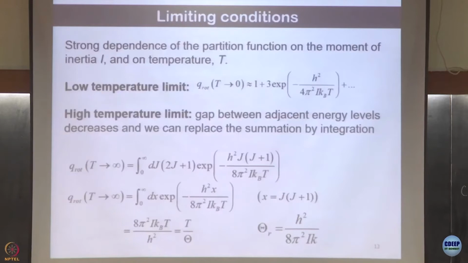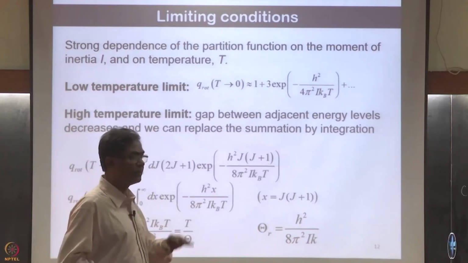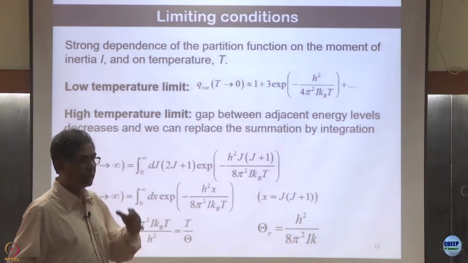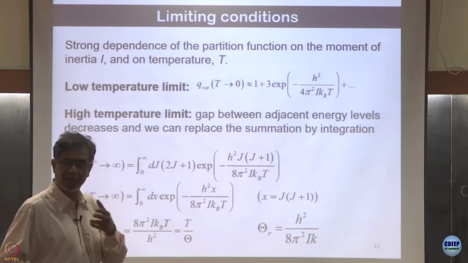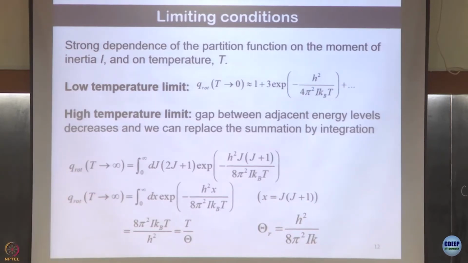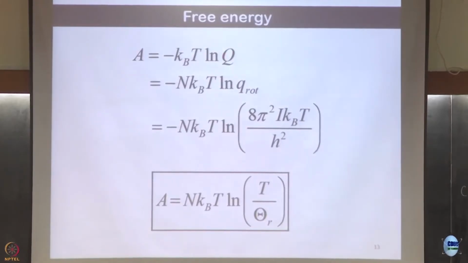This is the high temperature limit, and as I told you, in many cases the high temperature limit is reasonably okay because theta r is about 80 centimeter inverse. You are drawing, say, 300 Kelvin to 1 centimeter inverse, you are not greatly, but still you can get away. You are better than the low temperature limit, and then this quantity n comes out because q is q rotation to the power n, that comes out minus n kBT ln 8 pi square I kBT by a square,